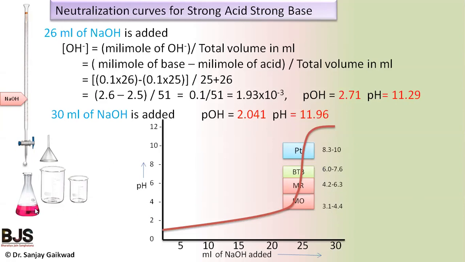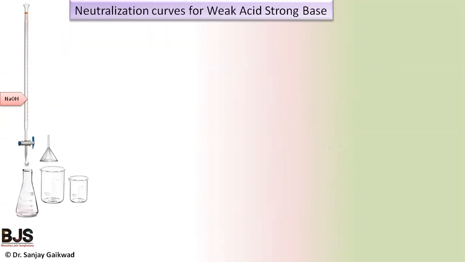Now the equivalence point is exactly 7 pH, but with the bromothymol blue indicator, we do not stop the titration at exactly pH equal to 7, but after the end point, because we are measuring the end point of the titration, which is shown by the phenolphthalein indicator. Therefore bromothymol blue is a good indicator, but for the end point the phenolphthalein indicator is the best indicator for this titration. Okay, now we'll take the next example of a neutralization reaction for a weak acid and a strong base.